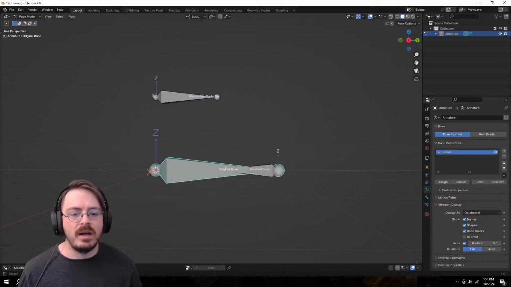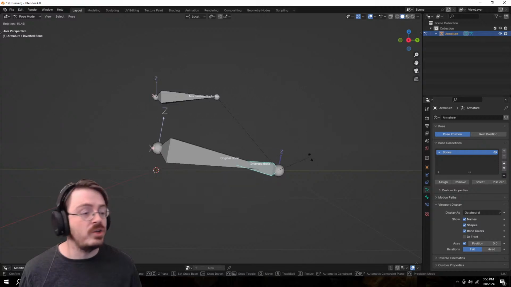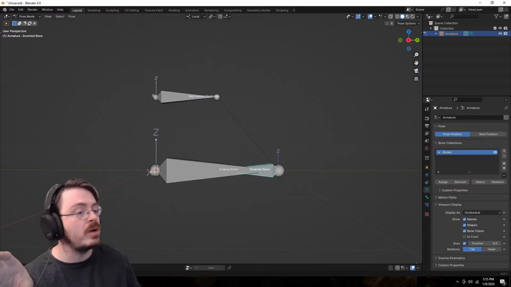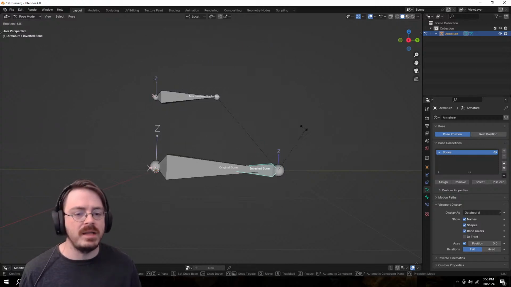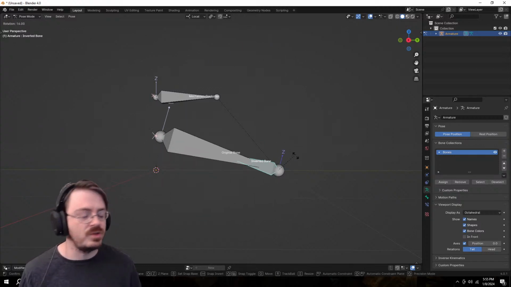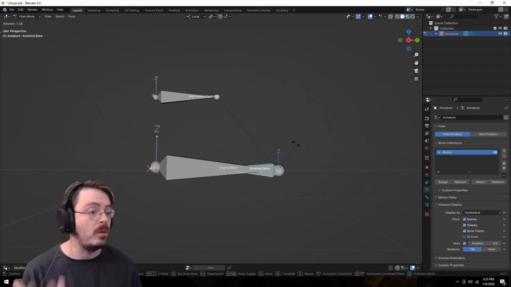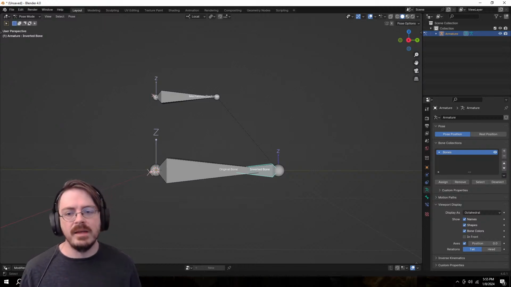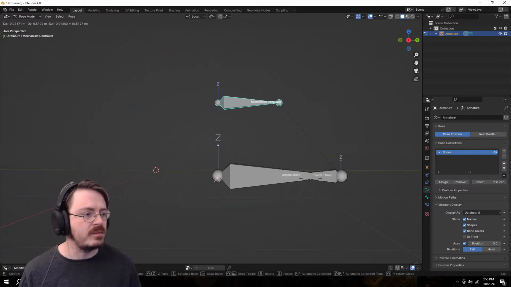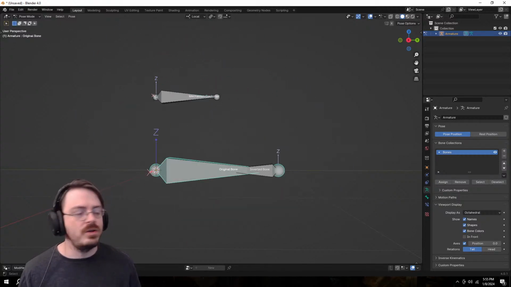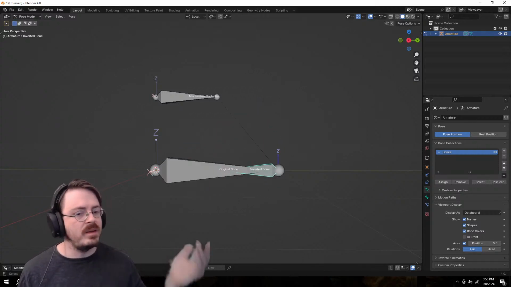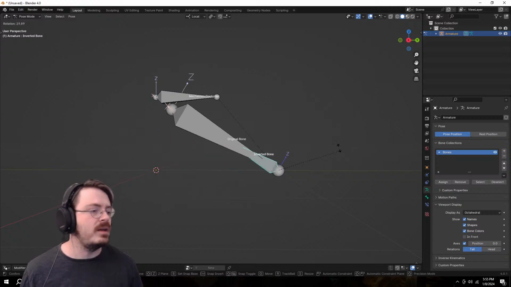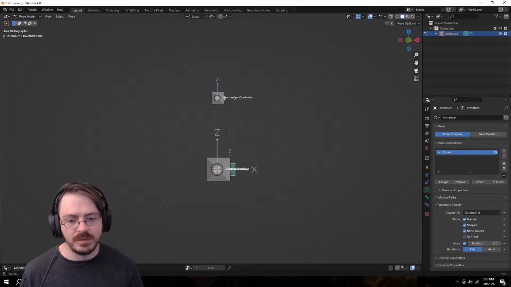And here I've got an inverted bone, which, because the original bone is parented to the inverted bone, it now rotates from this other point, which is great and fantastic and what we wanted ultimately. And then this is also all parented to a controller for the mechanism as a whole. So we took a bone which had a fixed rotation point, and we simply flipped that rotation point down to the other end, which is super awesome.